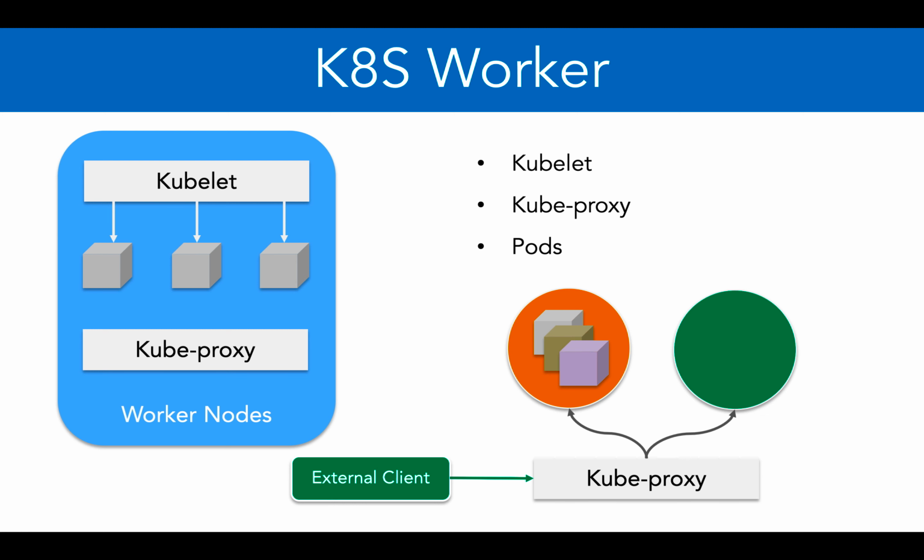This is how a Kubernetes worker works. So we have essentially two processes, kubelet and kubeproxy. Kubelet is something which takes instructions from the master node and launches the containers inside of pods. And kubeproxy gives the networking layer using load balancing. All the external clients talk to the containers or the pods using kubeproxy.